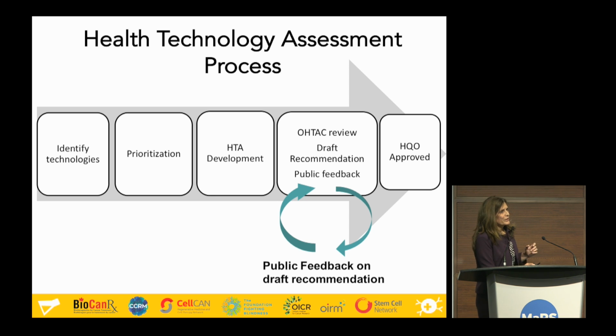So in order to complete a health technology assessment, we actually first have to identify what technologies are out there. And that is done through an application process on our website. Anybody in Ontario can put in an application. So a patient, we can have industry, we can have a researcher or clinician, and it's a quick form to fill out, and it basically is identifying for us the technology, what it's used for, why you want an HTA